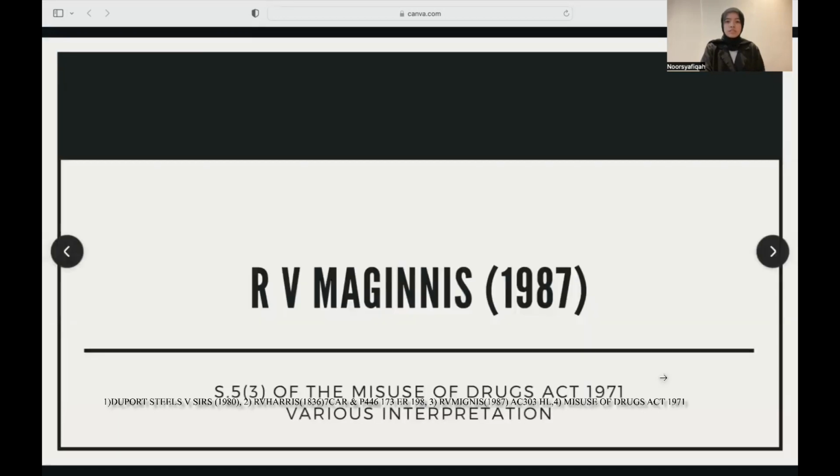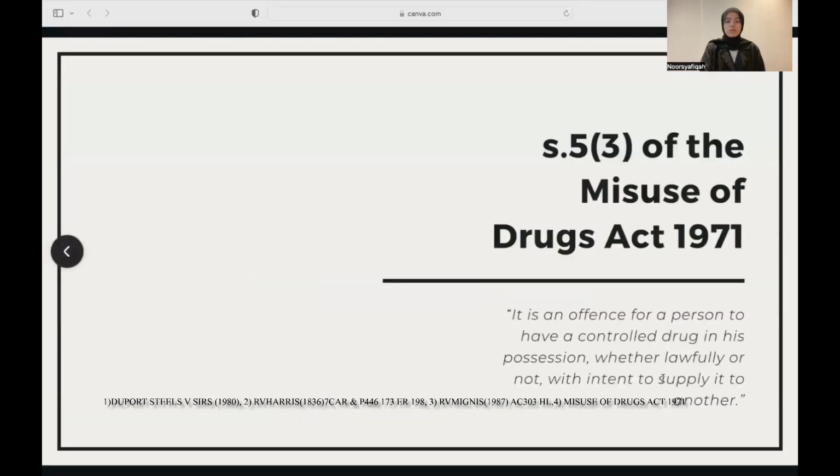A recent case, Crown v McGuinness, 1987, had various interpretations of Section 5, Subsection 3 of the Misuse of Drugs Act 1971, which provides it is an offense for a person to have a controlled drug in his possession, whether lawfully or not, with intent to supply it to another. The defendant was caught with a package of cannabis resin in his car, which he intended to return to his friend. The defendant was convicted